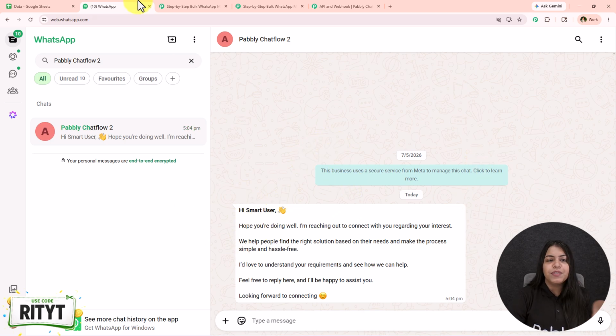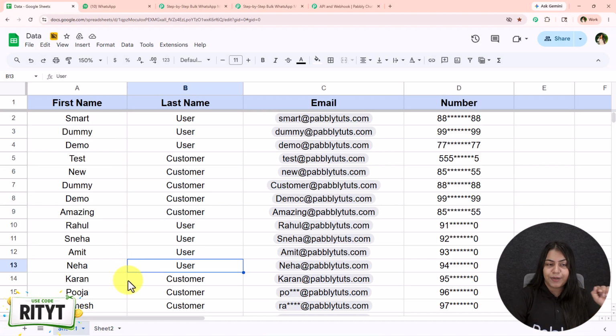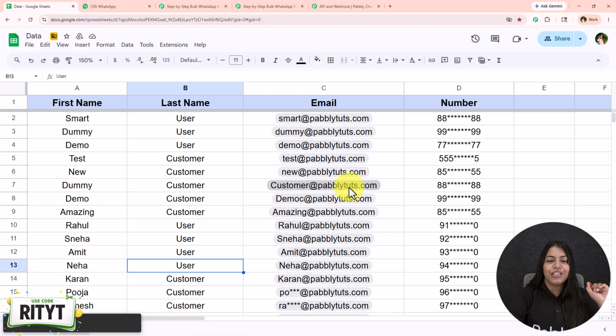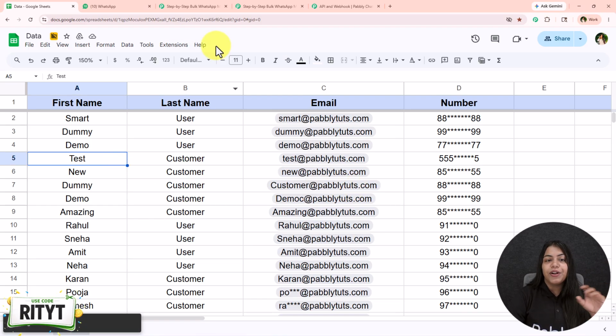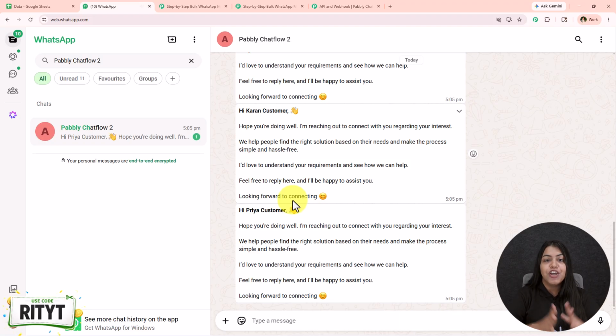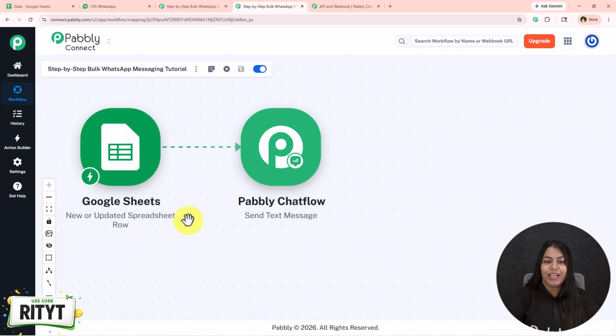But I don't only want to send this message to smart user but to everyone whose details I have in this spreadsheet. So for that, you have to go on this extensions, Pabbly Connect webhooks, and click on this send all data. Once you click on this send all data, it is saying working, so you have to wait, and one by one automated WhatsApp messages will be sent to each customer or to each lead whose details you had in your spreadsheet. And yes, this is no magic, this is the power of automation which you created right now,